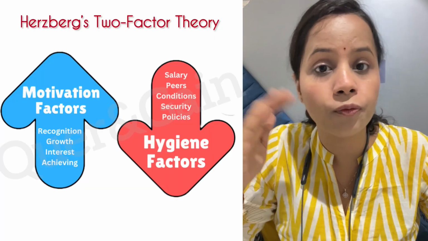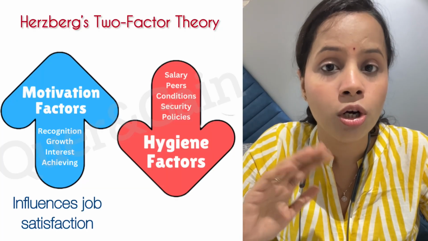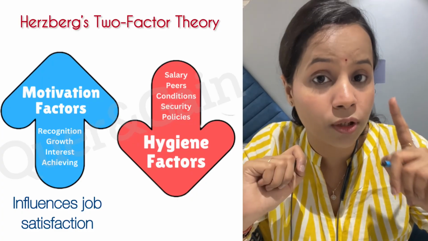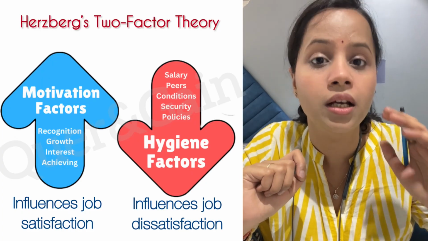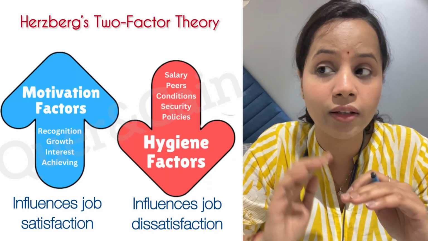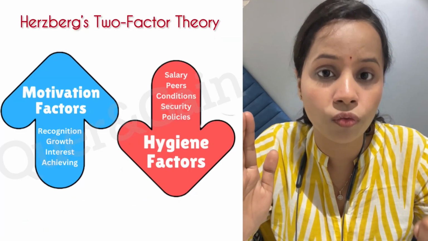So first of all, the upward arrow tries to show those motivators that actually push your employee into performing better. And the downward arrow tries to show that in the absence of these factors, your employees may get dissatisfied. Now, before going forward, first understand why the motivator arrow is taken upwards and why the hygiene factor arrow is taken downwards.